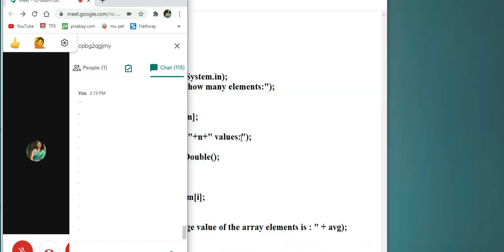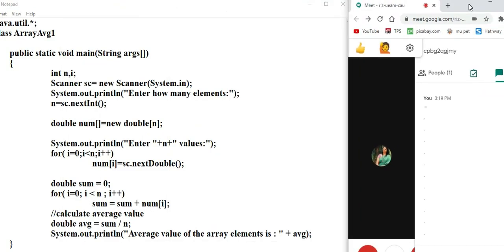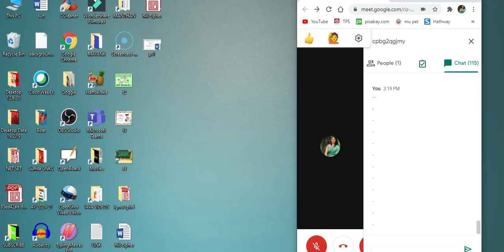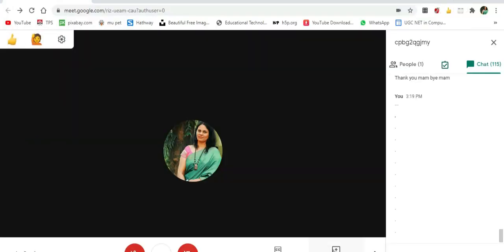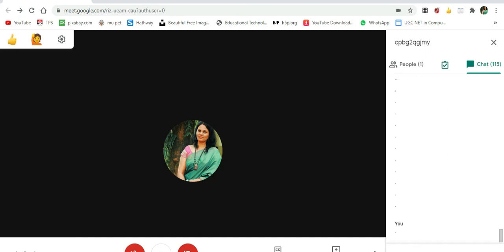For example, I was teaching one program to my students. I wanted to see the comments of my students along with that program. So you can split your screen. Now I'm able to see comments as well as my program. So I can explain my program, I can type something, and I can see comments of my students also. This way you can utilize the Google Dual List extension, which is not available by default in Google Meet like in other web conferencing tools. So just add this extension and start using it.